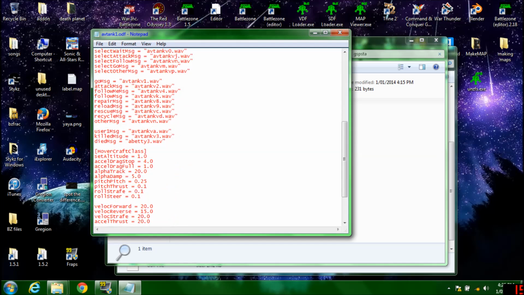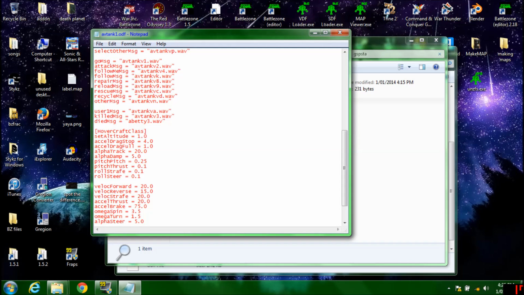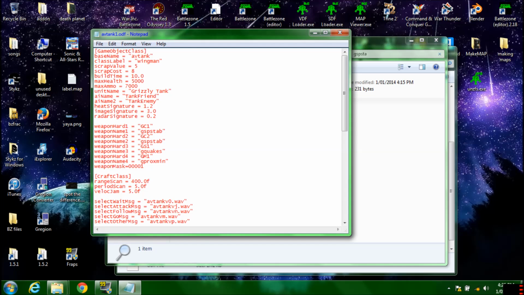So these are the sound effects it makes, all the sound effects. These are how high, fast, velocity, how high it jumps, how high it hovers. Seems alright. Oh yes, this is the AI name. These are good. So see how it's tanked? They'll act like a tank. If you can change it, so you can